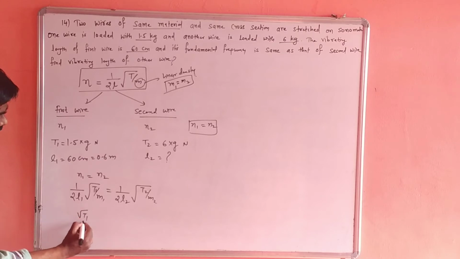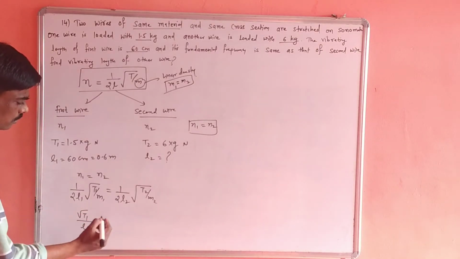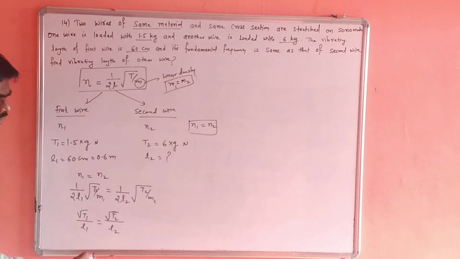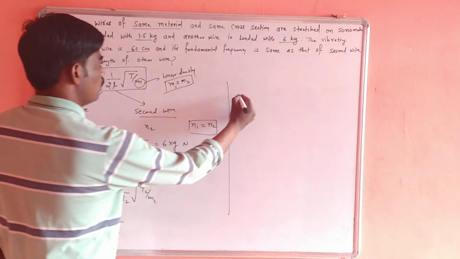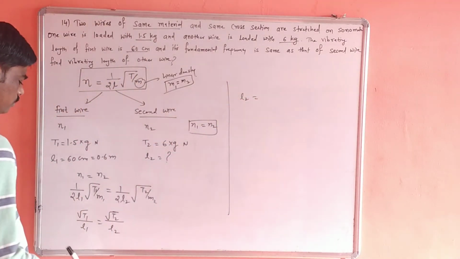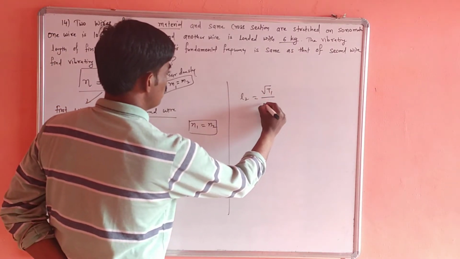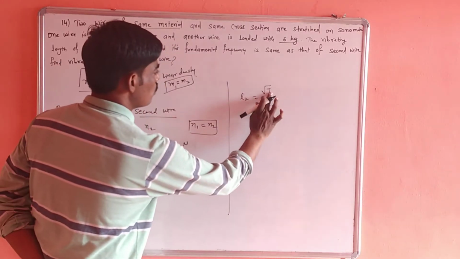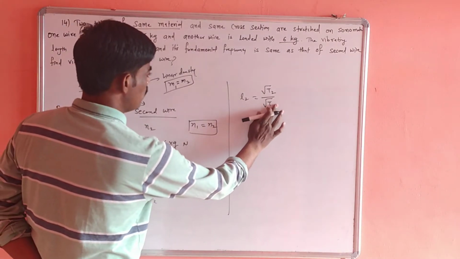Square root of T1 upon L1, 2 cancel, and M also cancels, is equal to square root of T2 upon L2. So we have to find out L2. L2 is equal to square root of T2 upon square root of T1